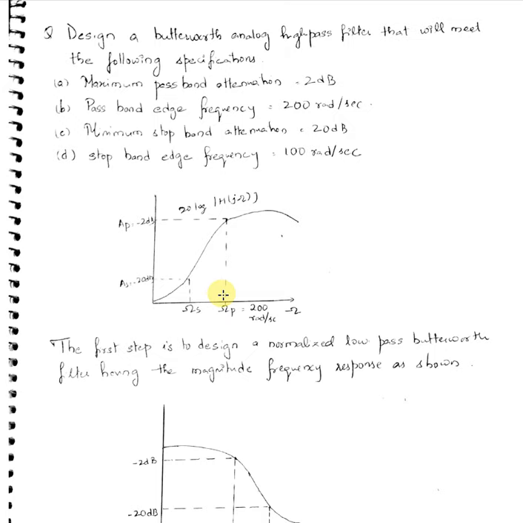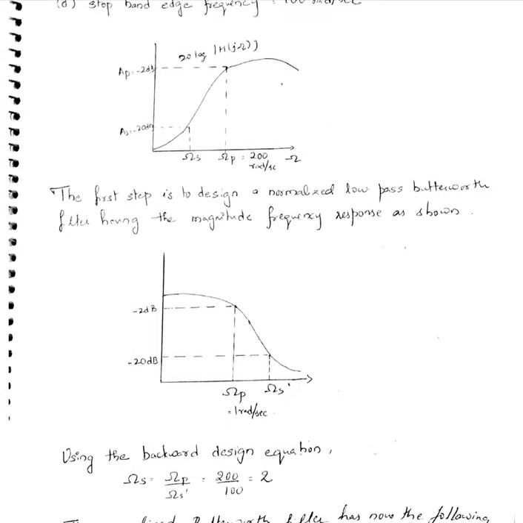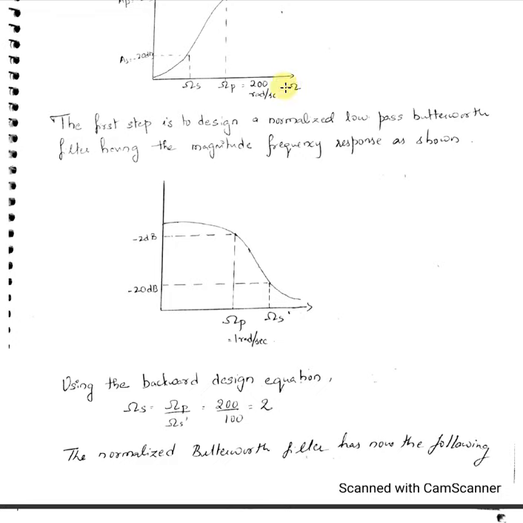So you have to see in the tabular column that I have given, omega s was equal to omega p by omega s dash. What is this omega s dash? This omega s dash is nothing but the stop band edge frequency of the desired filter that you are going to design, that high pass. So these two values are given, 200 by 100 you have got, 2. Now next, they have told you to use Butterworth here. So Butterworth filter you are taking, so you have to calculate first n. Do we have all the values? Omega p by default it is 1, omega s will be 2, and the attenuation values are given, so n you would calculate.